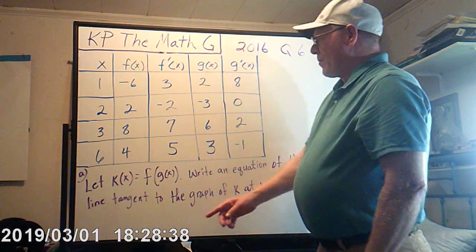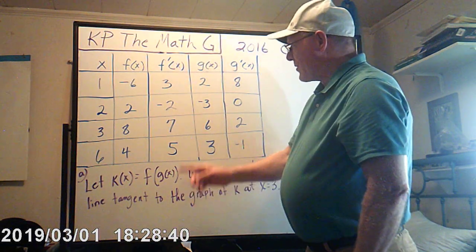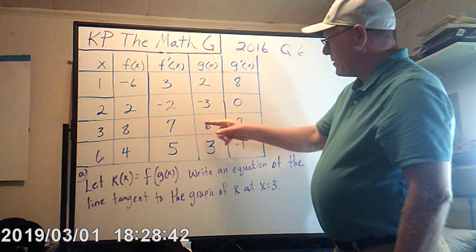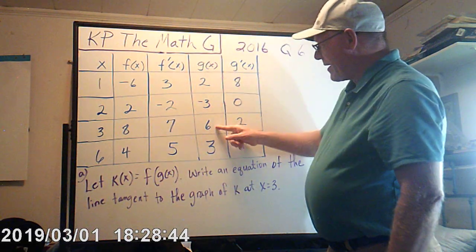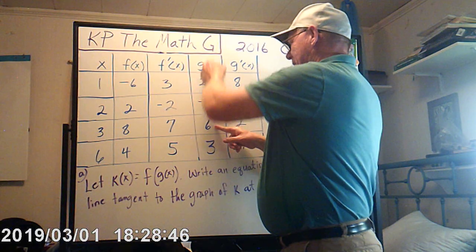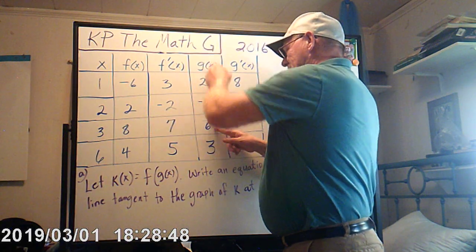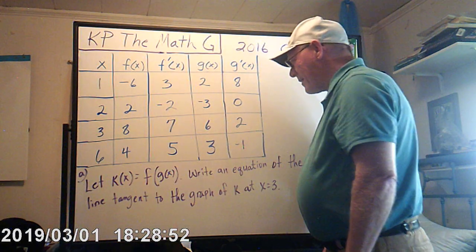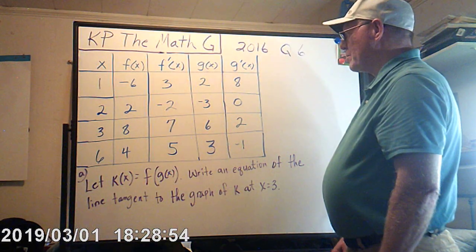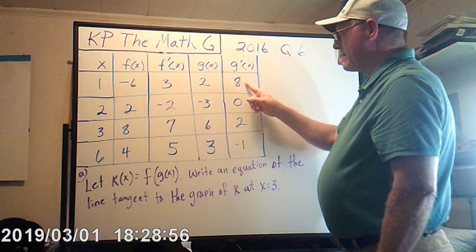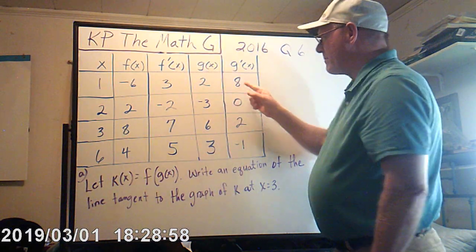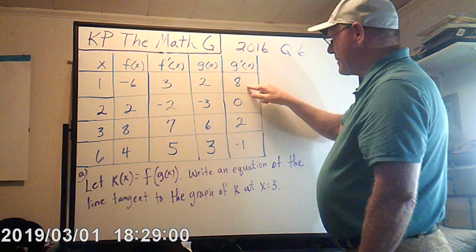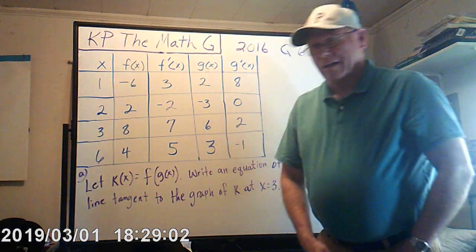If I want to know what g at 3 is, well, I'm looking at 3 here. G at 3 is 6. Just follow the row and the column there. G prime at, say, 1 is 8. And so on. Alright, with that in mind,